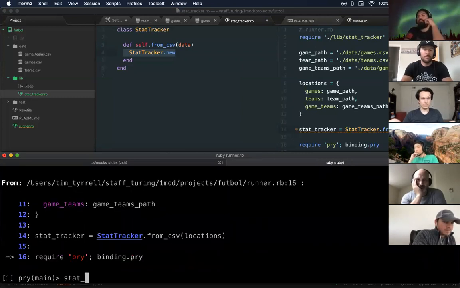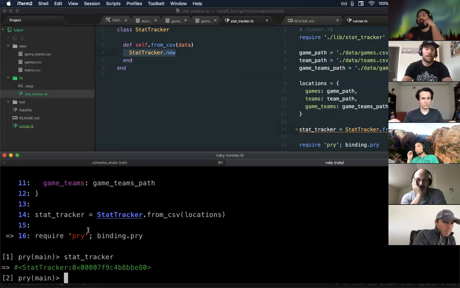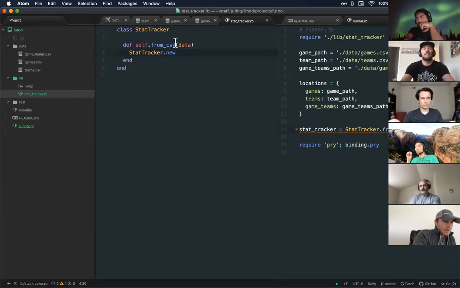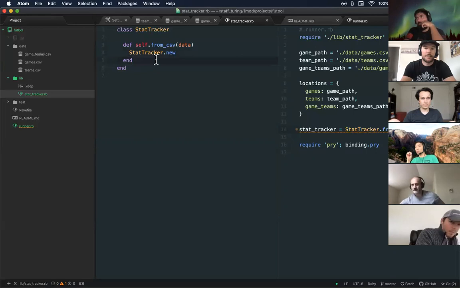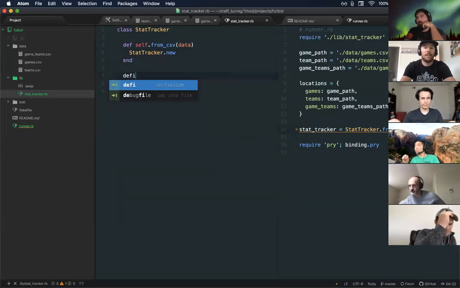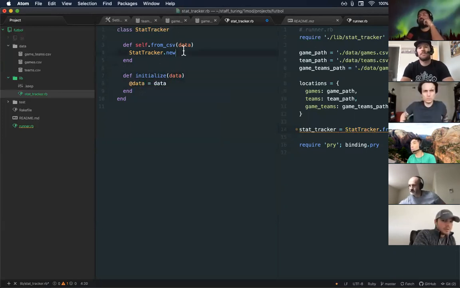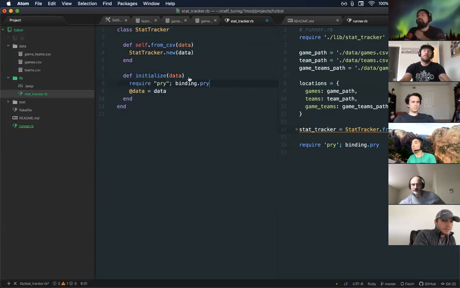Cool. Okay, I've got a StatTracker object at this point because I'm calling it right here from within this class method. This is a valid pattern. You can do this. That's why we set it up this way. Now, what I would need to do realistically is define an initialize method, probably pass in the data that comes into from_csv and do something with it, right? So if I put a pry here,